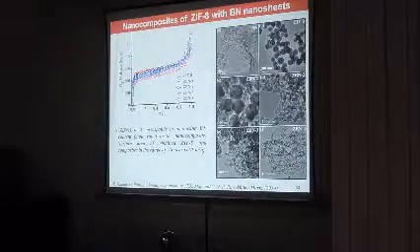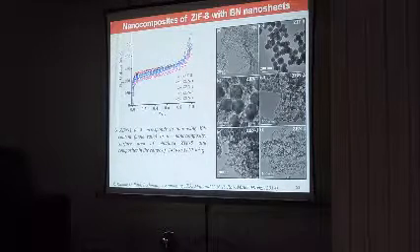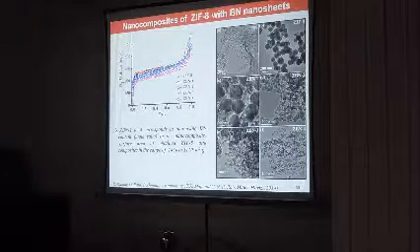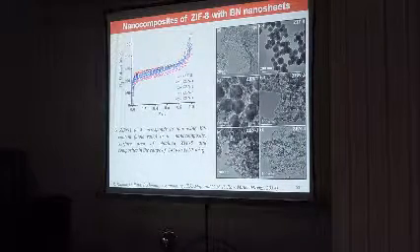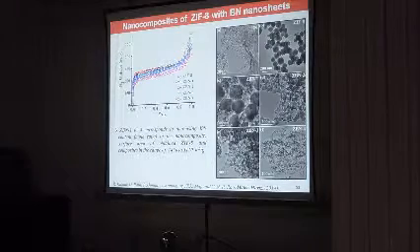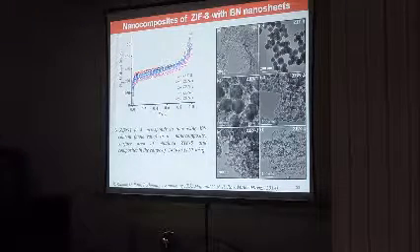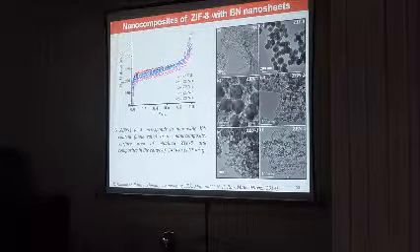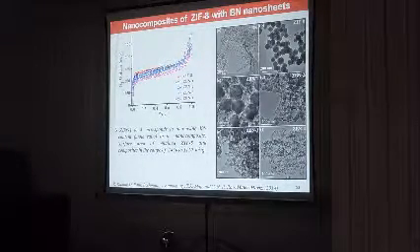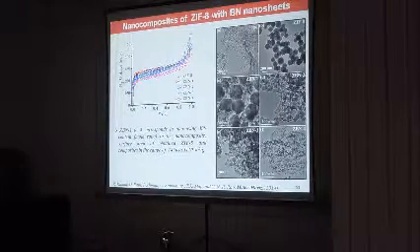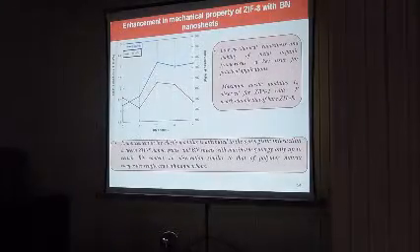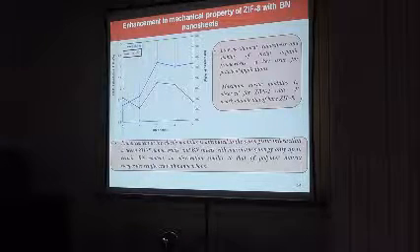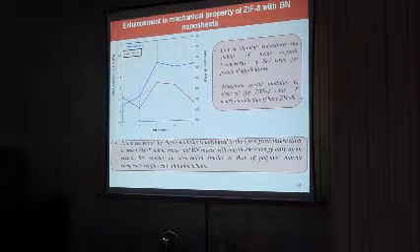Lastly, this is the last frame I will show. I'm rushing because I won't stop in 45 minutes. We have made recently nanocomposites of ZIF-8 with boron nitride. Remember, metal organic frameworks are very flimsy, they break up. However, if I take one layer of boron nitride, which is very strong, and on that I grow ZIF-8, then you see the surface properties don't change, and mechanical properties are much better. So mechanical properties show a big increase at a particular composition, and this is another thing that has just come out in